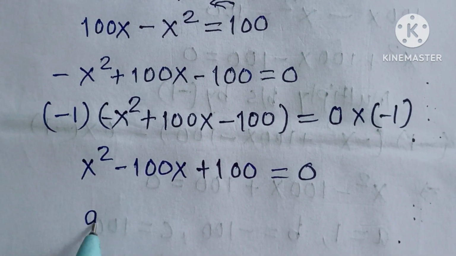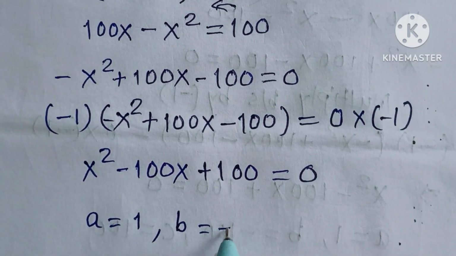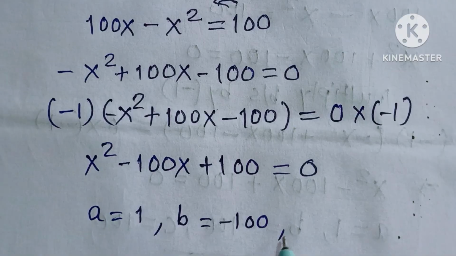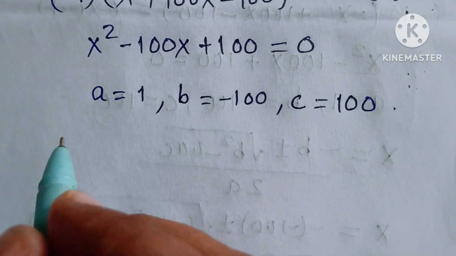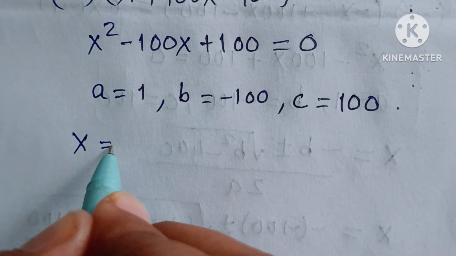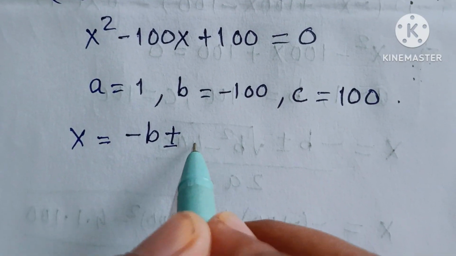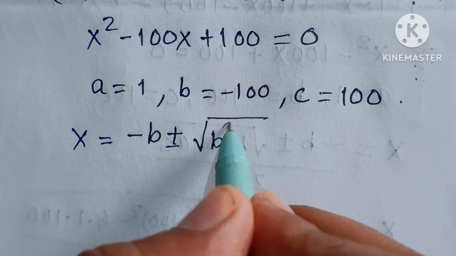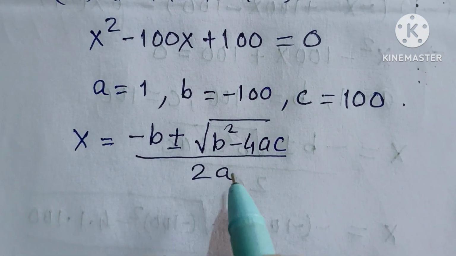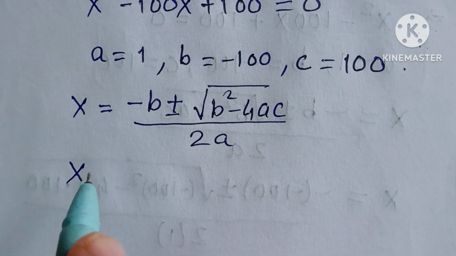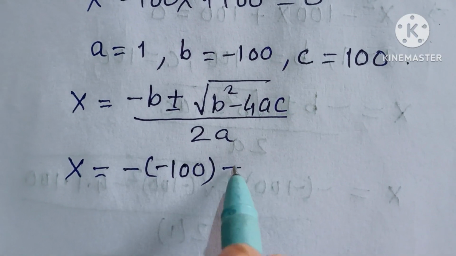So value of a equal to 1, value of b equal to the coefficient of x, which is minus 100, and value of c equal to 100. Now we have to find the value of x. Quadratic formula is minus b plus minus under root b square minus 4ac divided by 2a. Value of x equal to, value of b is minus 100, plus minus under root